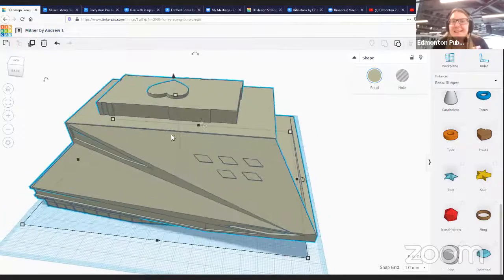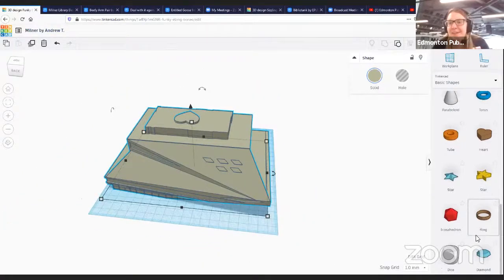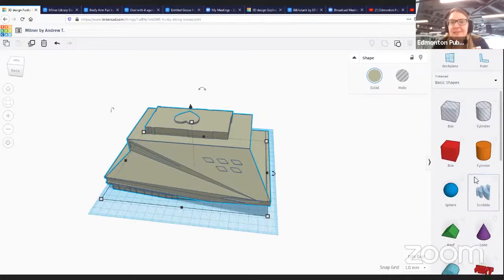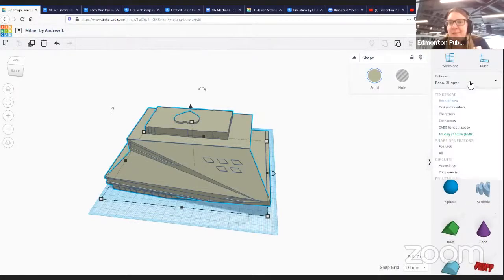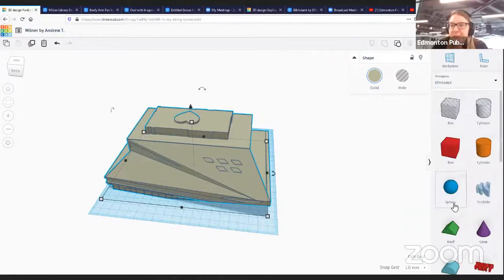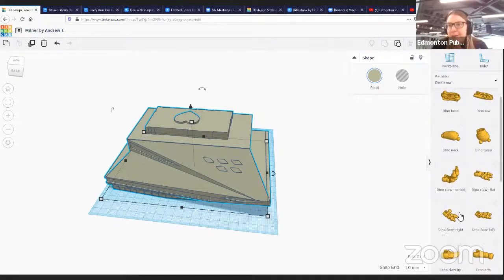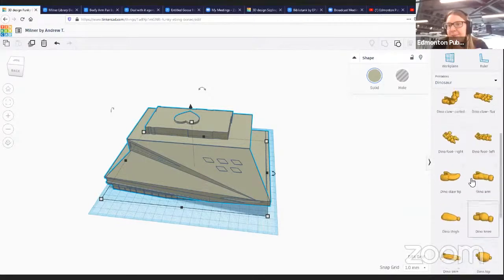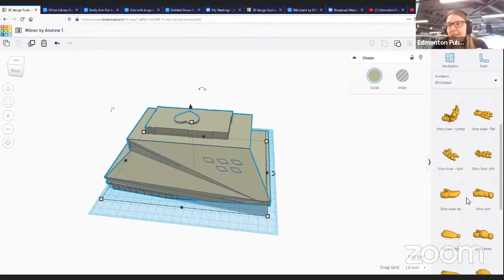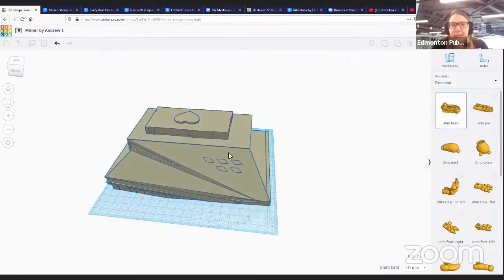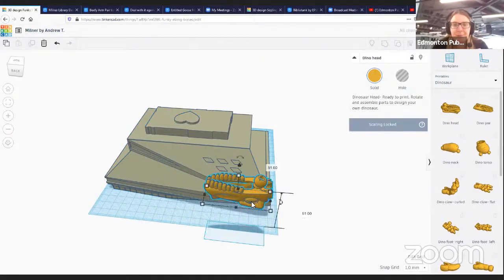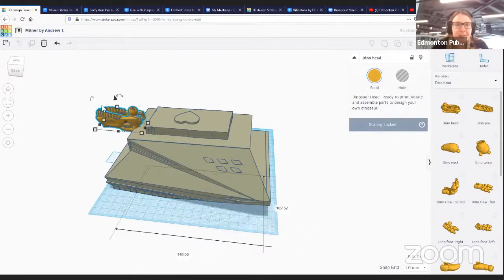So this is a basic modification. I think there are some more fun things that we can do though as well. We can go ahead, and there's a bunch of different categories of things that you can add to the library. So for example, we have some dinosaur parts that have been loaded in, and we could potentially put like a dino head. We have the wall and we have the dinosaurs happening, so why not kind of combine those two